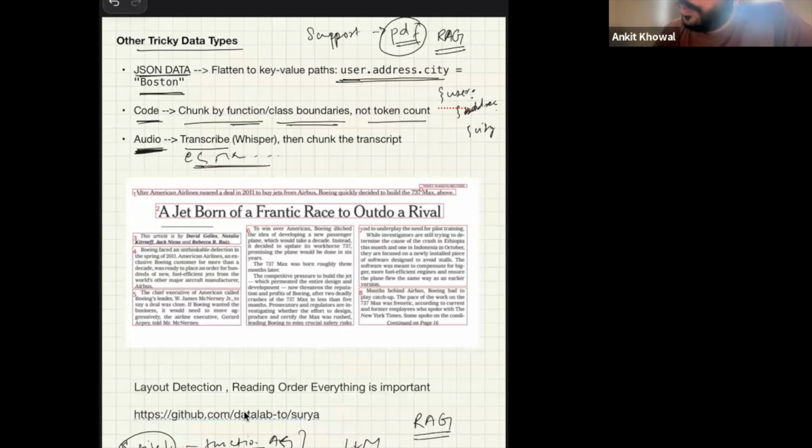So this is a newspaper article. See over here, when you chunk this information into a vector DB, how will you chunk it? It is so difficult to chunk this part. How will you chunk it? Whether you will take this whole part and chunk the whole data from here, or